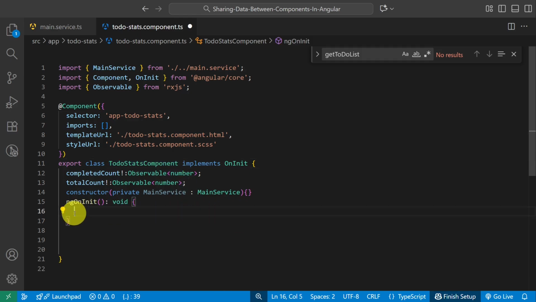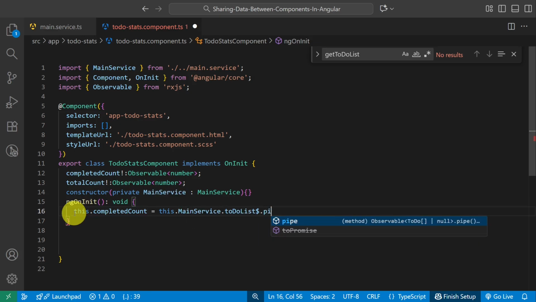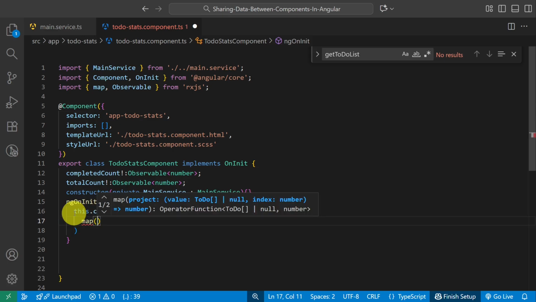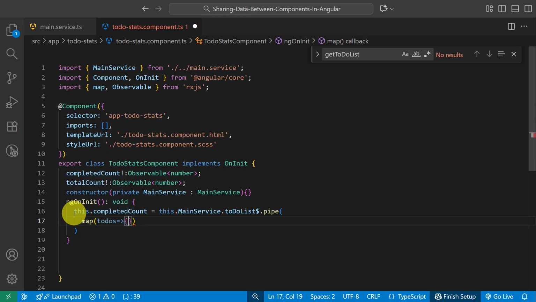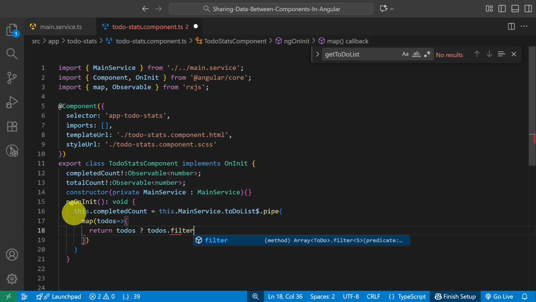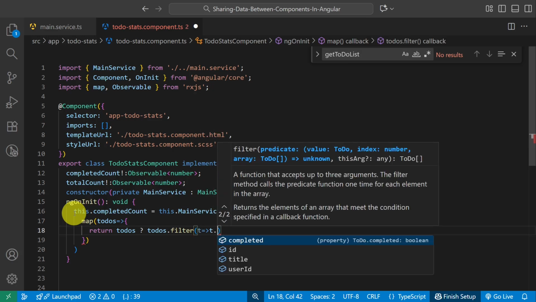In ngOnInit, I assign completedCount to mainService.todoListObservable, and through a map operator from RxJS, I return todos that are completed.